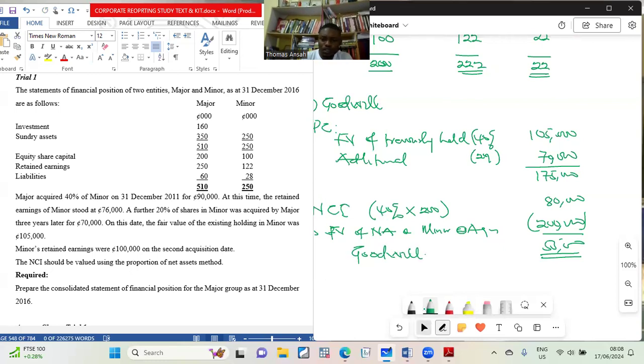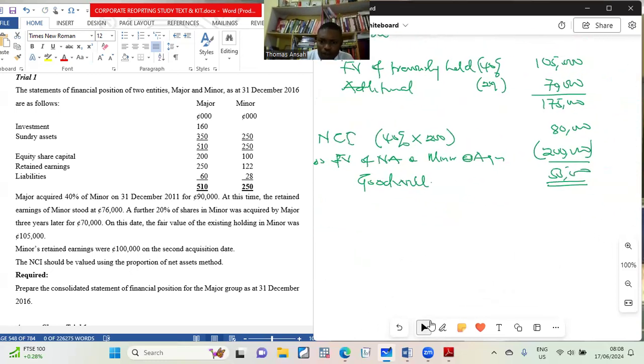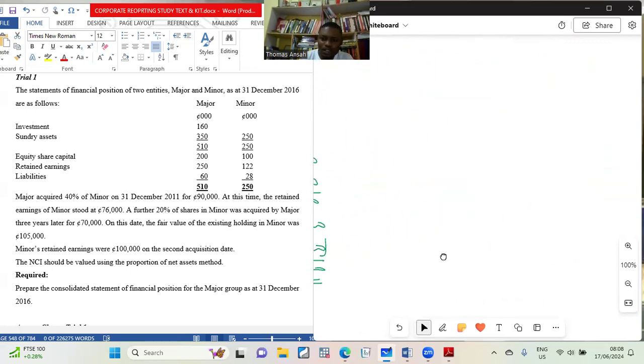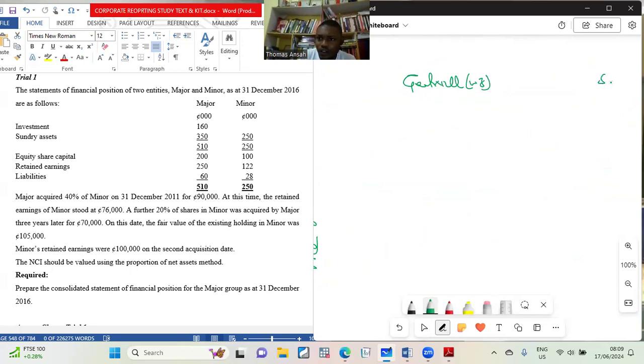That is goodwill. What do we do normally? We do workings 4, right? But I can always tell you, immediately you find your goodwill, just go and do your balance sheet. All right. So you start your balance sheet with goodwill. And as we have found from workings 3, that is 55,000. Then we come with the other things, all right, the investments and all those things. Okay, so that is that. So bring in your investments, bring in your sundry assets,